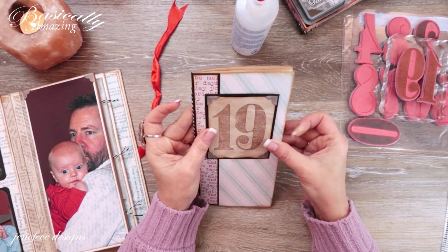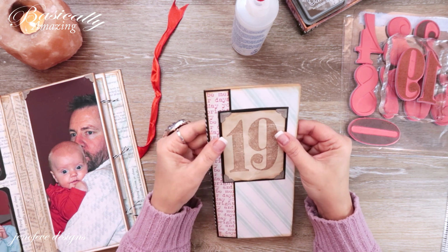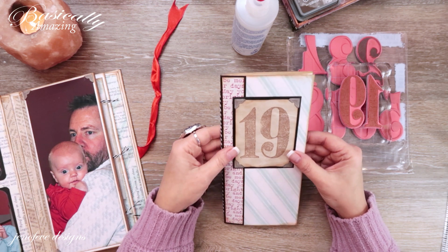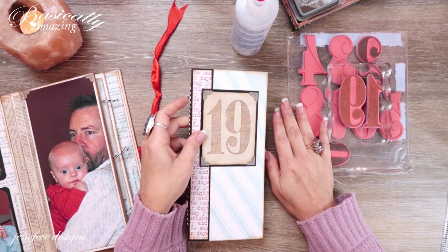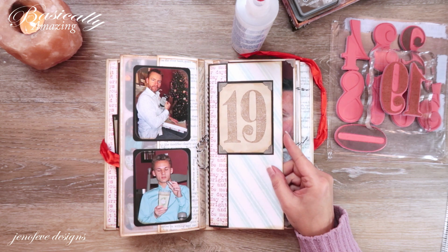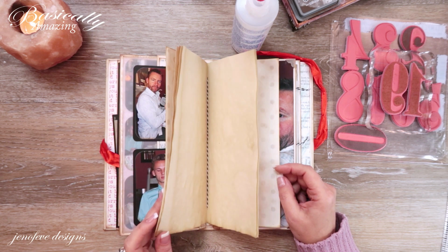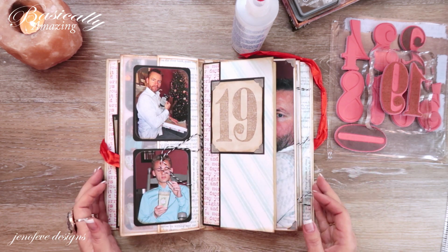Let's see. I just love these numbers. Do you guys love these numbers? They're so awesome. I love the font. I just love them. Now that we've got the book put together, now we need to do the elastic that goes on the inside to hold it in there. So it'll go right here. Let me go ahead and get this stuff put up and get the supplies out, and we will tackle the